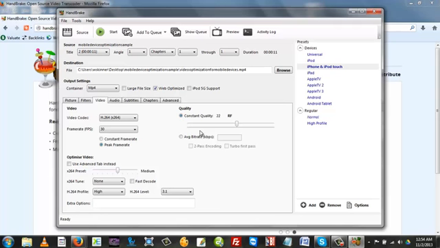22 RF, that's what we're looking for. Over here at average bit rate, we're not going to worry about that. Okay, so just make it constant quality. 22 RF, good. Frame rate, we want to be,